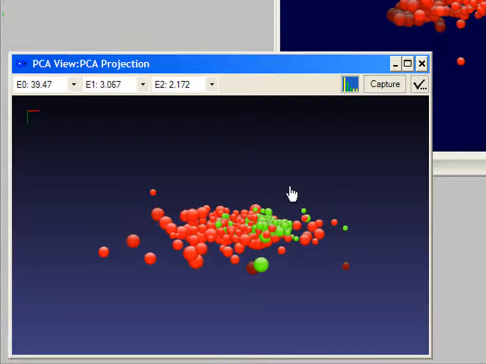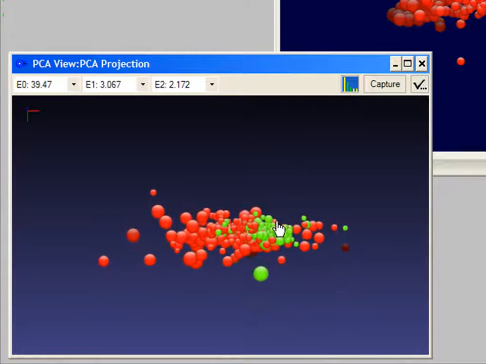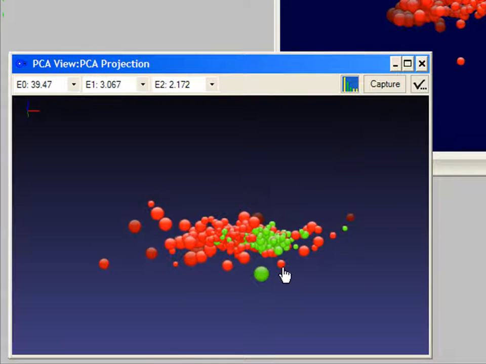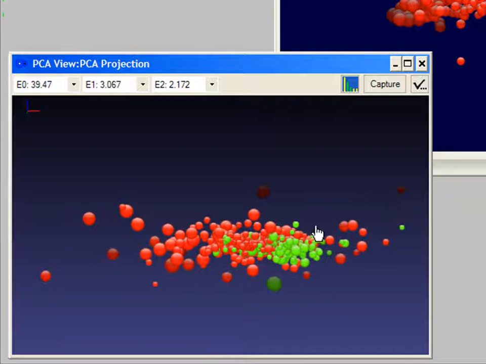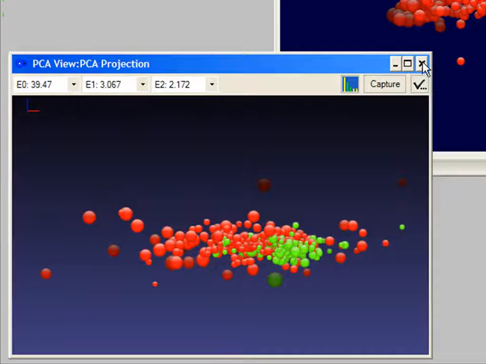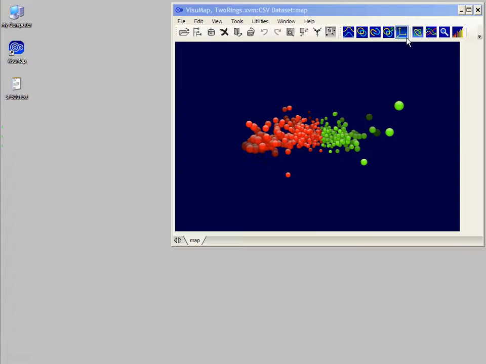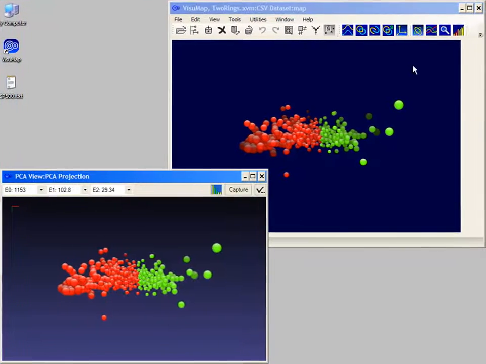This map shows that green-colored stocks are clearly surrounded by red-colored stocks during this period. This indicates that well-performing equity stocks experienced relatively lower volatility during this period. Now let's take a closer look at the Pca window. We notice that the Pca window by